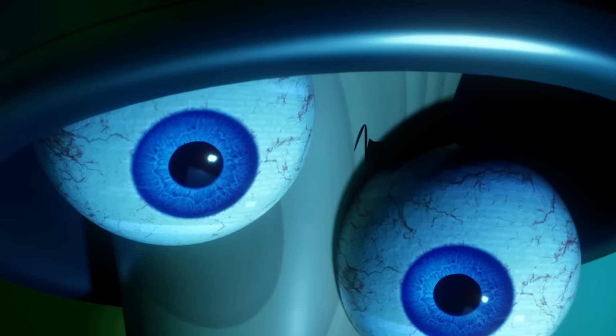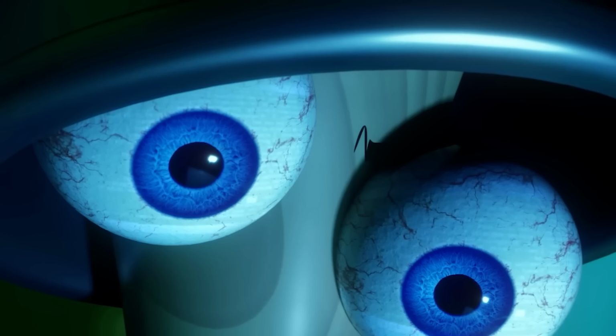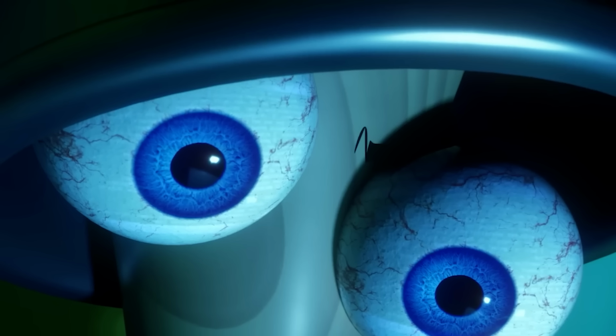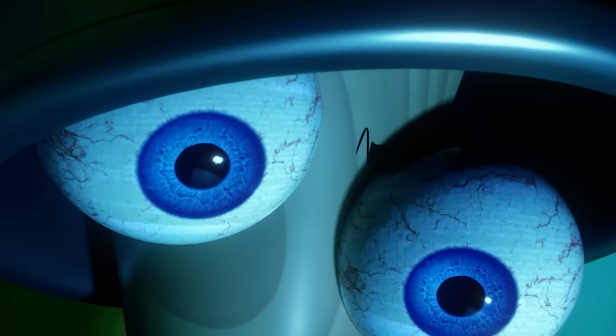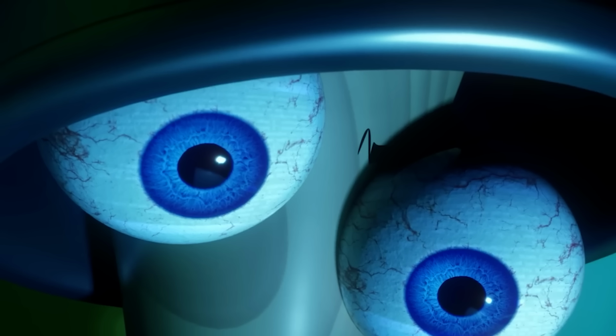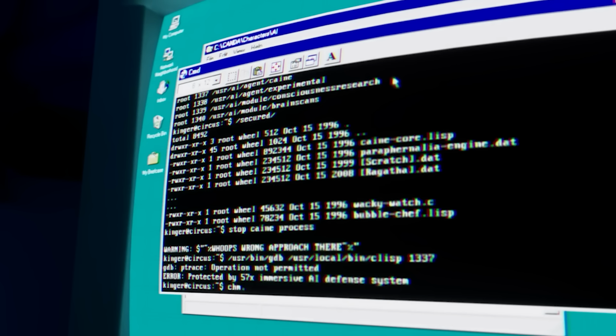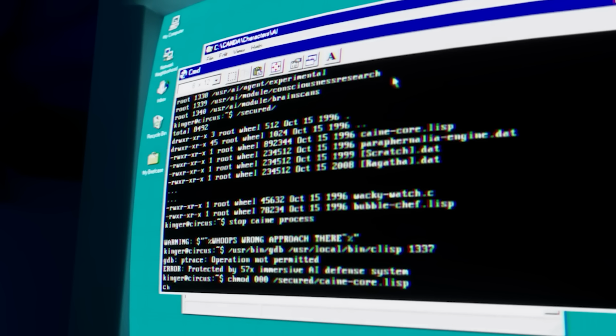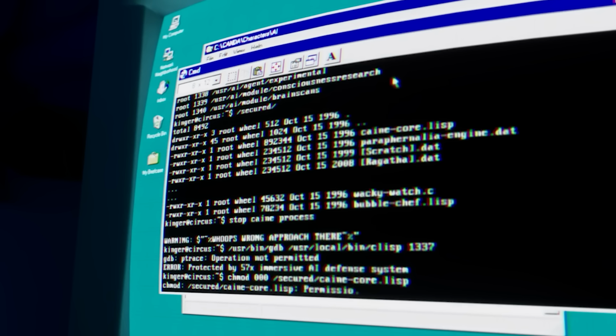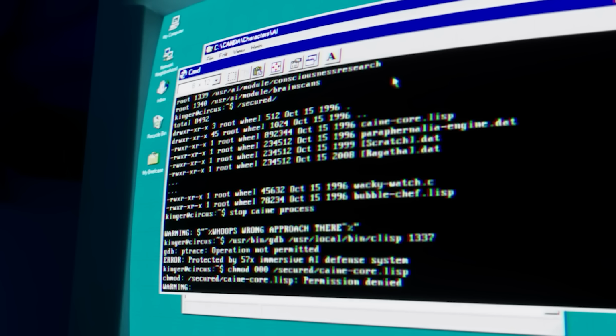Kinger manages to access the protected directory to see the physical files keeping the circus alive. He enters a secure folder totaling 8,432 memory blocks. The next 2 lines show directories created on October 15, 1996. One is Cain's core, compiled in .lisp, weighing in at 892 kilobytes, a massive size for a text-based code in the 90s. Like the processes, the owner of this file is root, and the group is wheel, marking them as